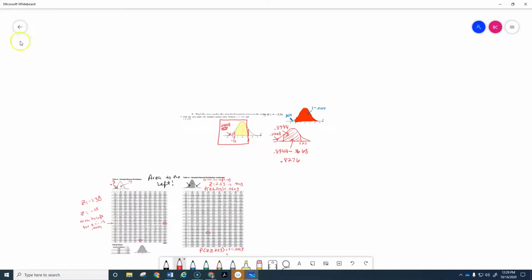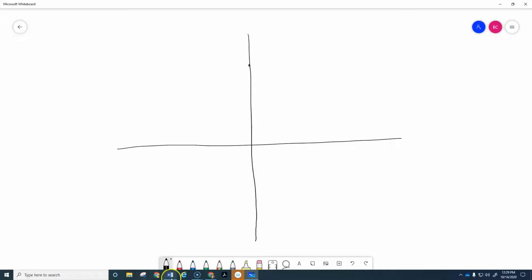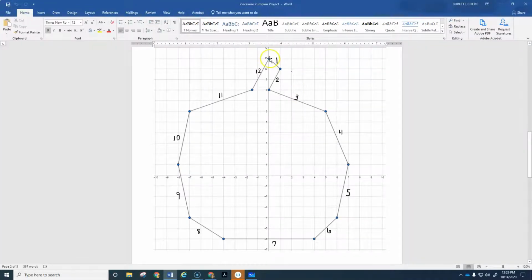If you're doing this on a regular piece of paper, then the only thing that I ask you to do, because you're going to be kind of sketching it, is this: I'm not going to ask you to take a ruler and all of that, but you do need to draw an X and Y axis, okay? So you would need to draw the X and Y axis, use a ruler so it's a little bit straighter than that, and then when you go to plot and start drawing the graph, you need to be sure you